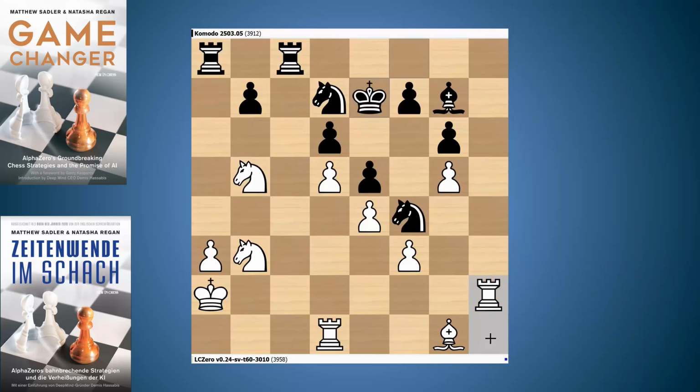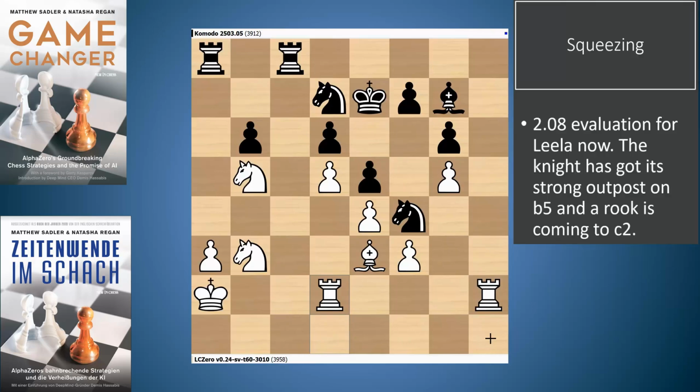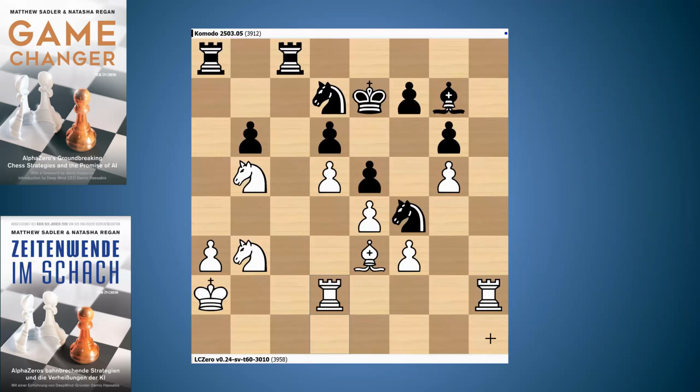So Komodo went king e7 to defend, bishop e3, standard moves, b6. Probably had to be played eventually to try and get a knight onto c5. And now this move, rook d2. So White is actually going to fight for the c file with rook dc2. And gradually you can see that White's starting to drain all the activity from Black's